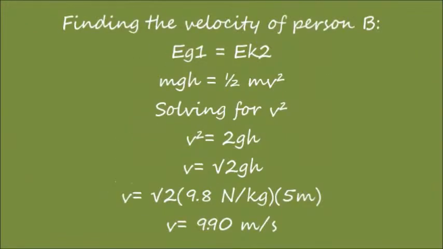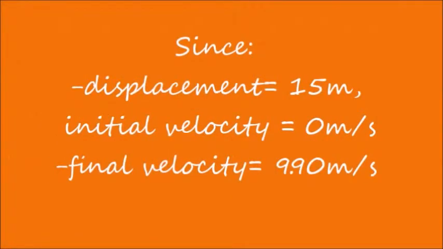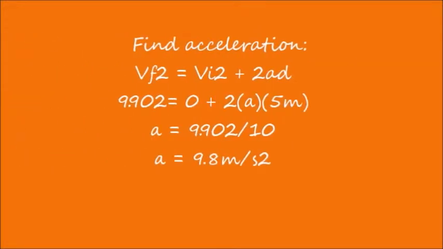To find the velocity of person B, we will be using this formula: EG1 equals EK2. EG1 can be replaced by mgh and EK2 can be replaced by mv squared divided by 2. Now we will sub in the values and find v, which is equal to 9.90 meters per second. Since displacement is 15 meters, initial velocity is 0 meters per second, final velocity is 9.90 meters per second, acceleration can be found using one of the big 5 equations, and it turns out to be 9.8 meters per second